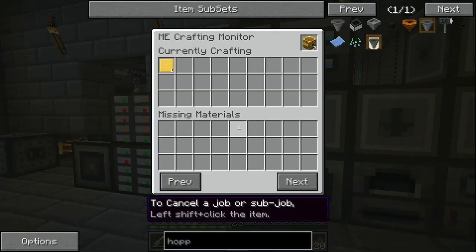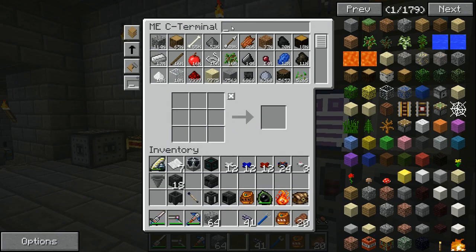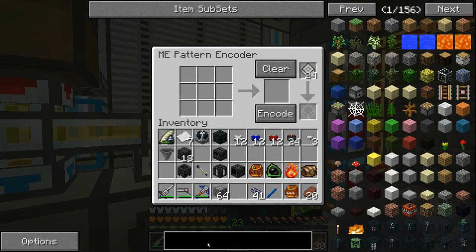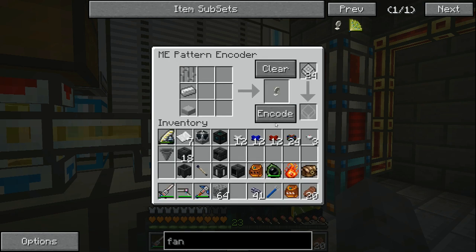Okay then. Alright, drawbridges make. Hey, look, we made one. Nice. Alright, then another cool little thing that we're gonna need. I'll just teach this how to make them because that's the best thing to do. We're gonna need a fan. Just a normal fan. So iron bars, iron ingot, and a slab. We already know how to make stone slabs, so